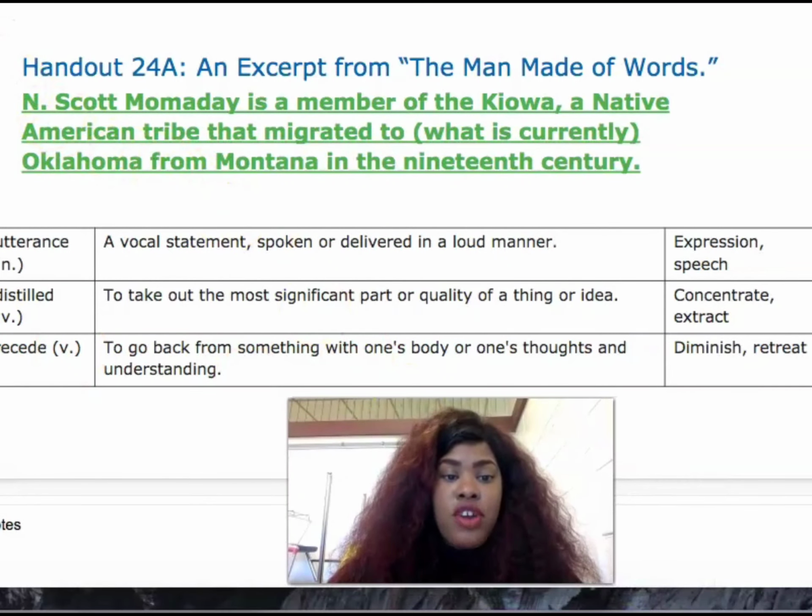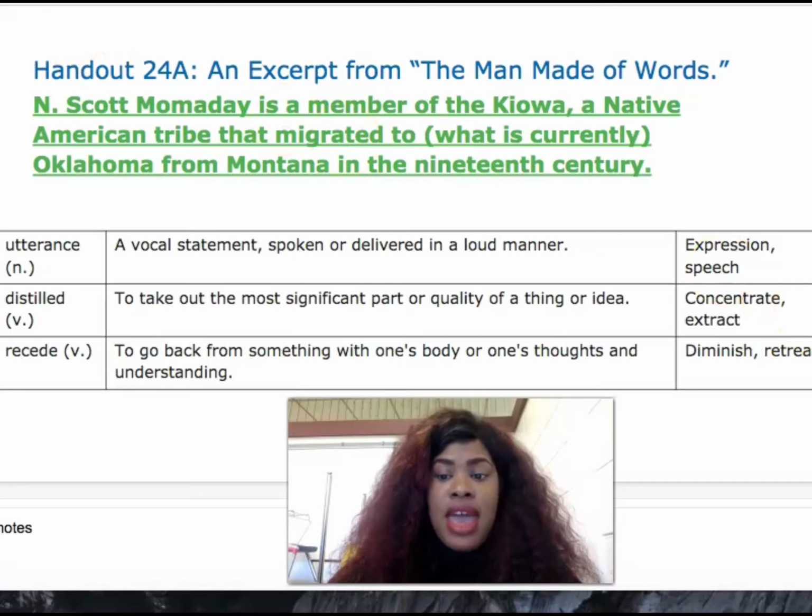So first things first, I want you guys to add these words into your vocabulary journal. You have utterance, distilled, recede. So on handout 24A, we are going to read an excerpt from The Man Made of Words and complete the